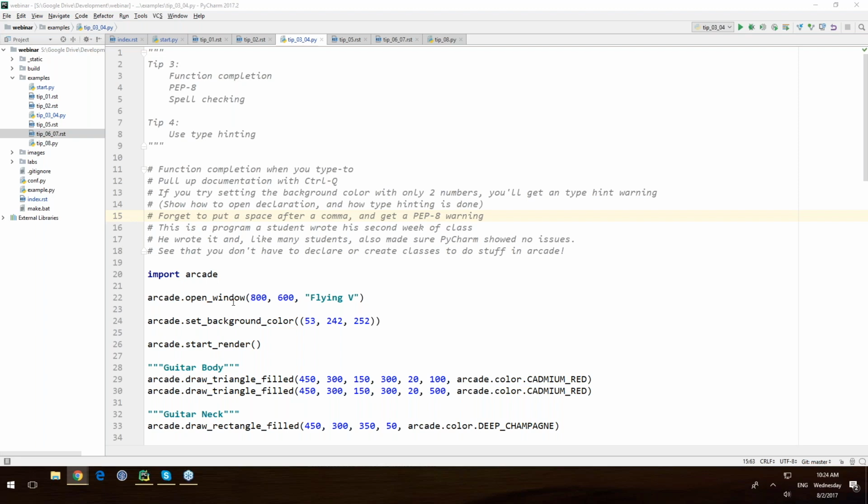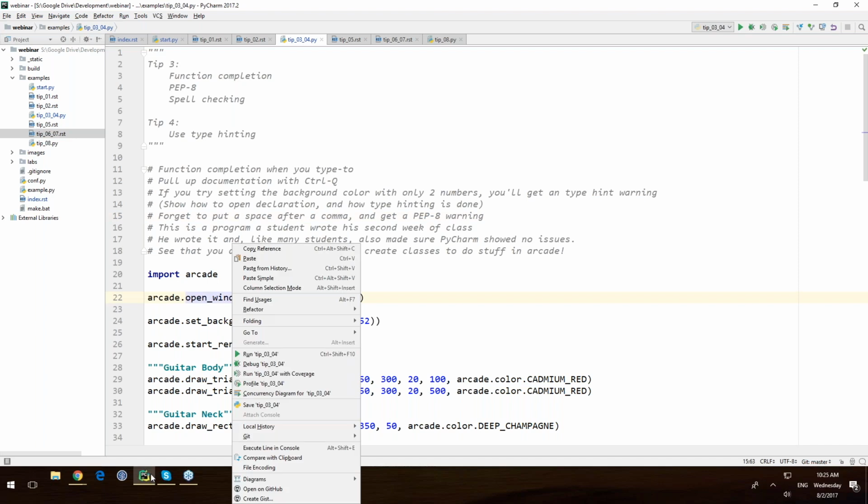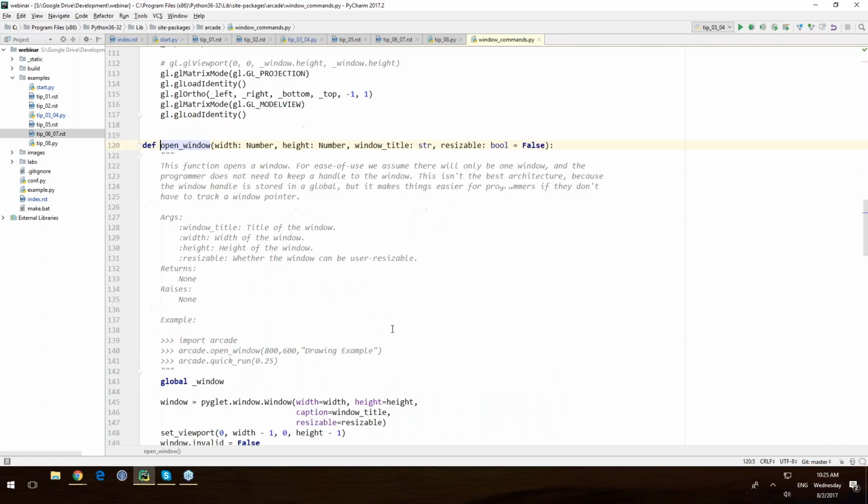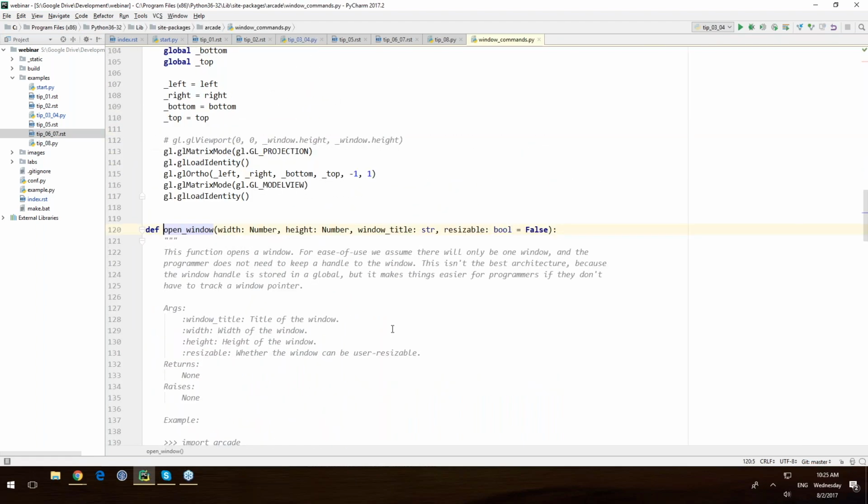Yeah, I tried flipped classes with this, and I tried 3 semesters and learned that, for me anyway, flipped classes don't work. And that was a hard lesson to learn after sinking that much time into it. So sometimes you just experiment. And if you haven't actually played around with type hinting, with any of these, you can go to the declaration of it. And it's not hard to add type hinting to your functions to begin with. Basically, you've got your parameters. Here in this case, I've got width.